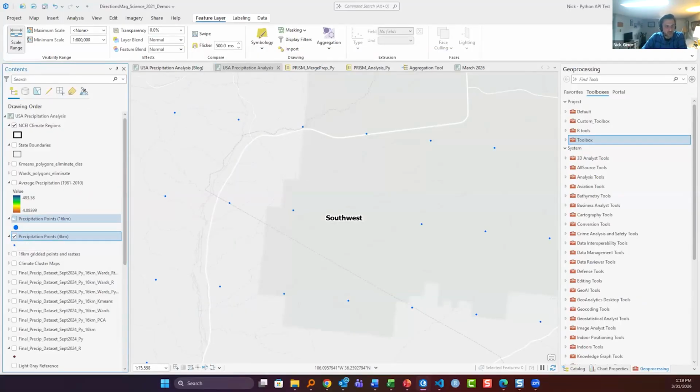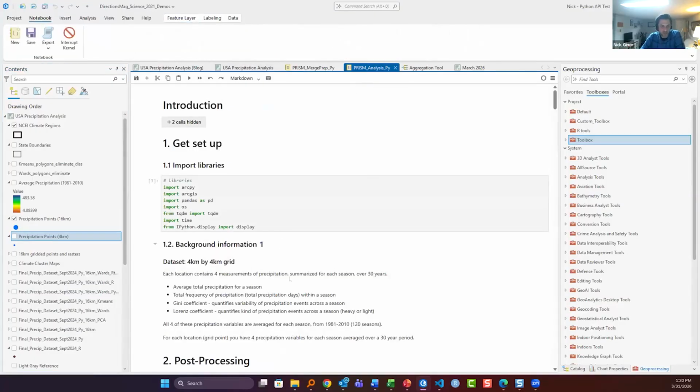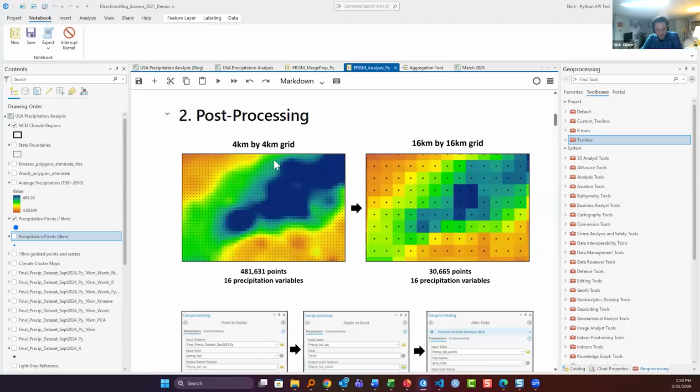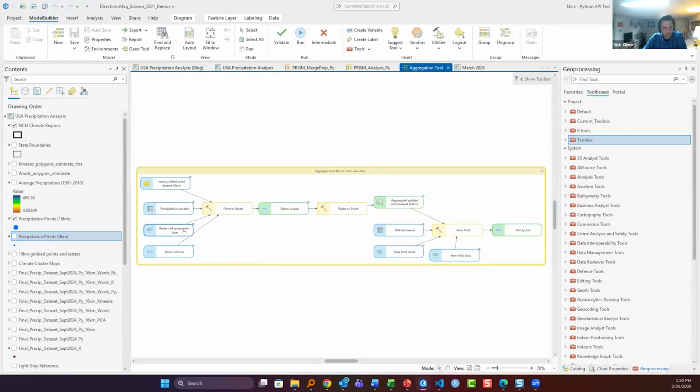Now, a few more steps here. My end goal actually was to aggregate these smaller points to create a larger point data set. So I had another notebook to do this, where basically I had to go from a 4-kilometer grid to a 16-kilometer grid. This involved several different geoprocessing tools. When I have to string together multiple geoprocessing tools, I often use Model Builder. And so this idea of using Model Builder to then create custom tools